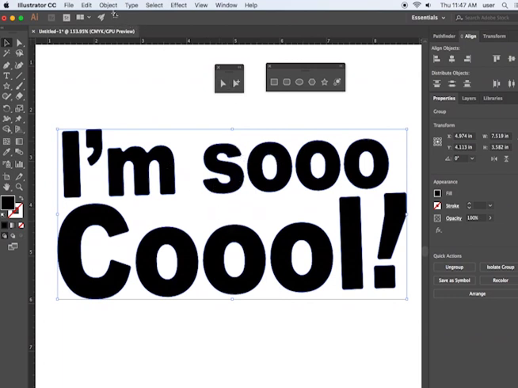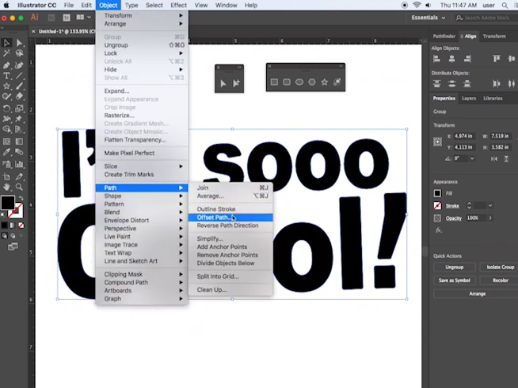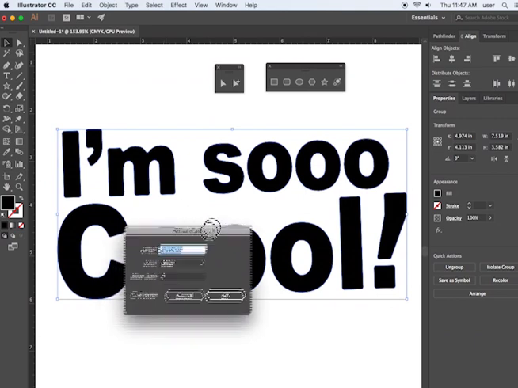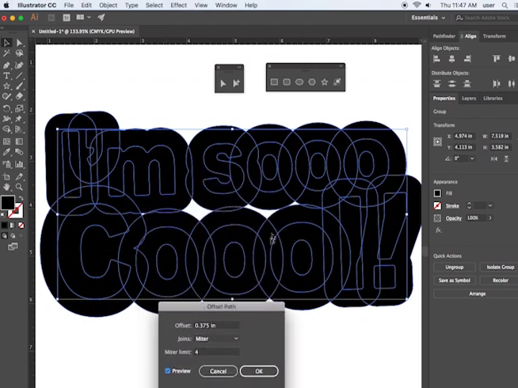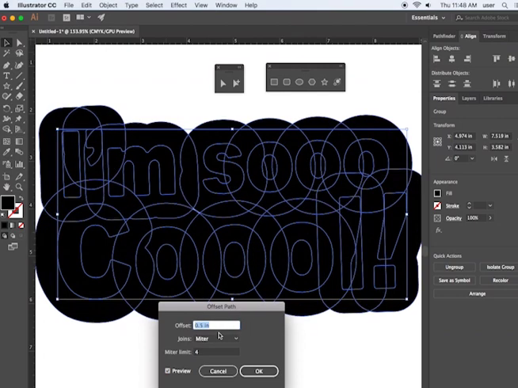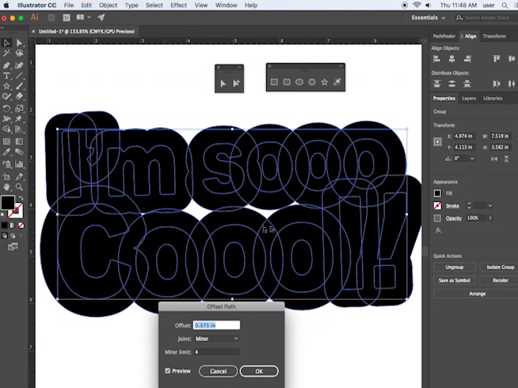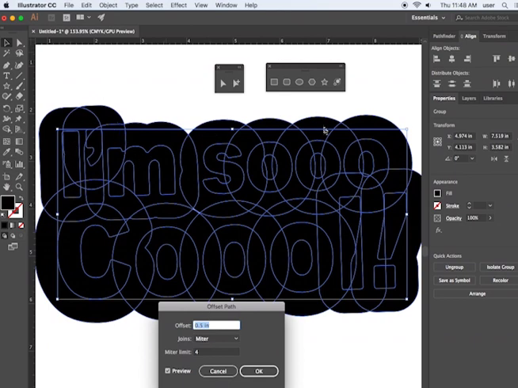So I have it selected, go to Object, Path, Offset Path. Click on Preview. Now this is what's going to happen. This is going to be expected, right? What I'm looking at is I want all of this to be a certain distance. Like I want to get the back all filled in first. So maybe I need to extend this a little bit more, and I'm trying to get this information to be covered, right? So I want this to be covered up. So I'm going to press OK because if I go any further in distance, I think that's too much. Kind of covers it all up, but I think it's a little bit too much. So I'm going to go back down,